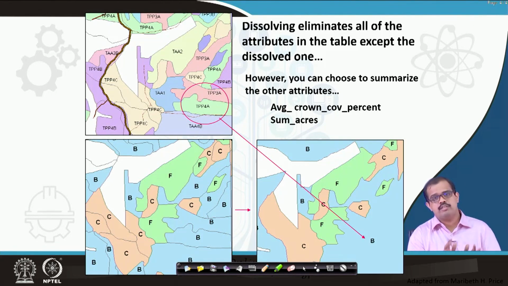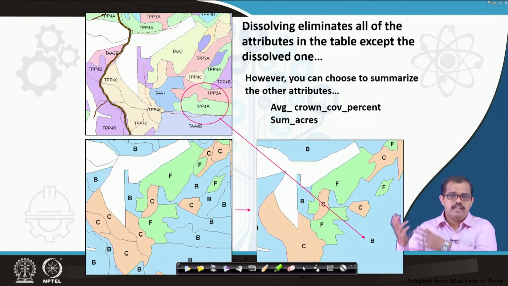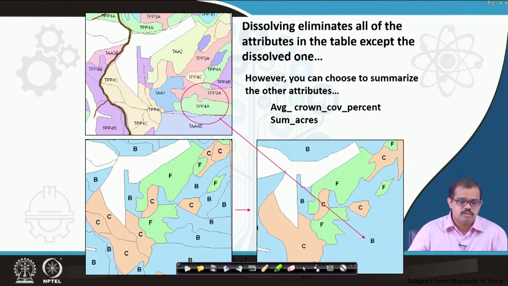She can import it, use a different form to do it, and save that data instead of saving the main data. That's how you have to create your entire database. You can choose to summarize other attributes which are related if they are not dissolved. Whatever is dissolved, you lose those attribute data, and only the things that are not dissolved remain as they are.